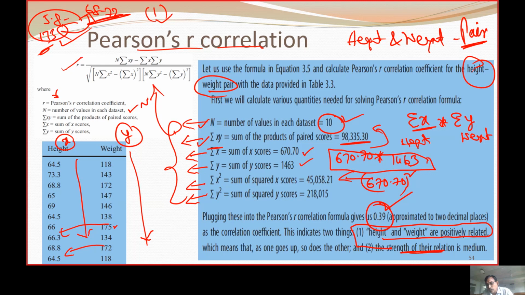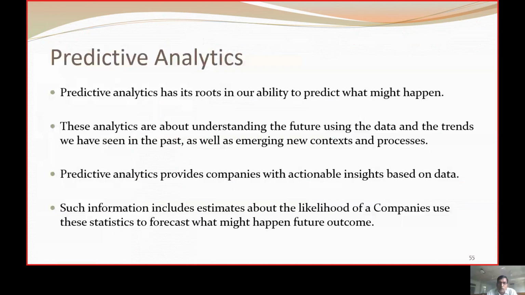So we talked about this as one of the primitive measures to understand diagnostic analysis, the Pearson coefficient correlation. Next is called predictive analysis. In this predictive analysis, we need to identify the roots, and from there we should predict what will happen next.